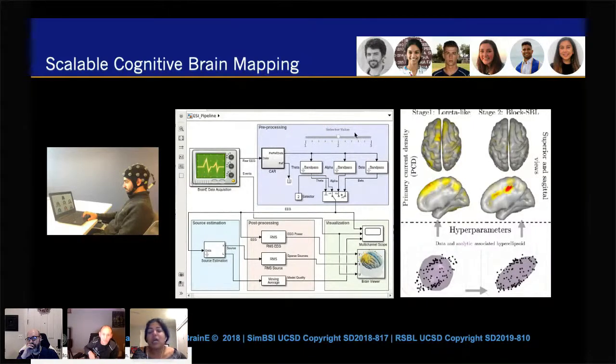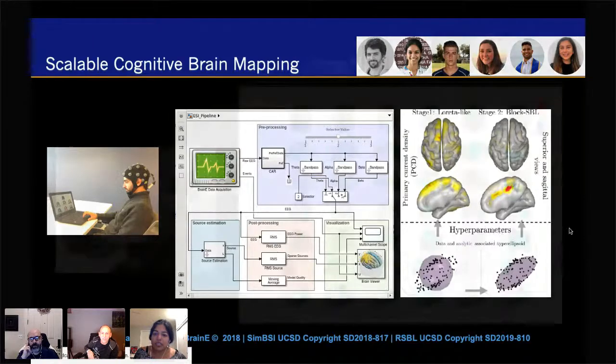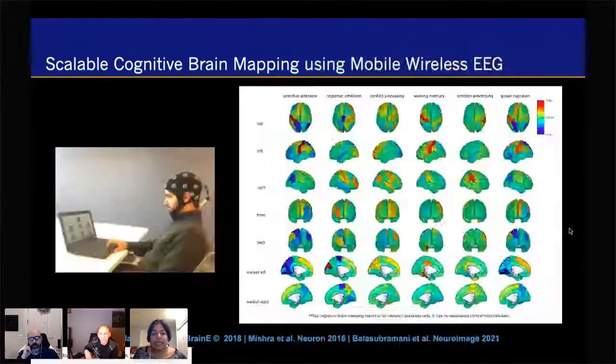And so essentially, we started applying this kind of source localization on top of the EEG source imaging that we were doing. And in essence, what we ended up with is that now we can think about scalable cognitive brain maps. And what I mean by that is that now we have a system that will provide us information underlying cognitive tasks. We can take this information from any participant, take it in our backpack, go to a clinic